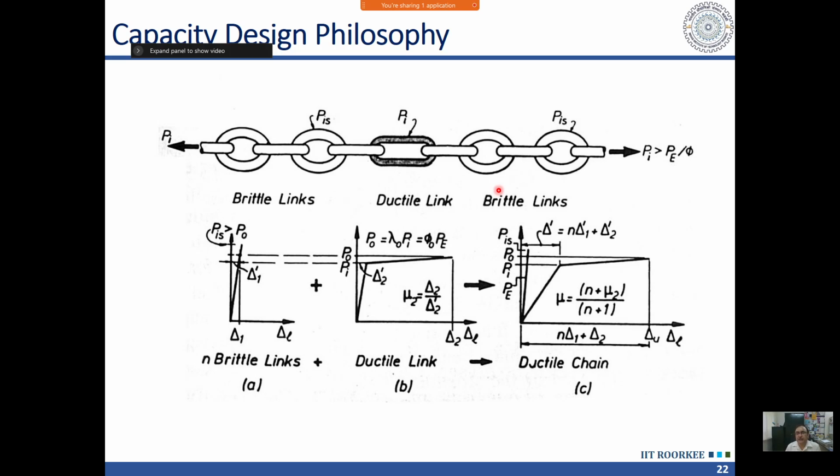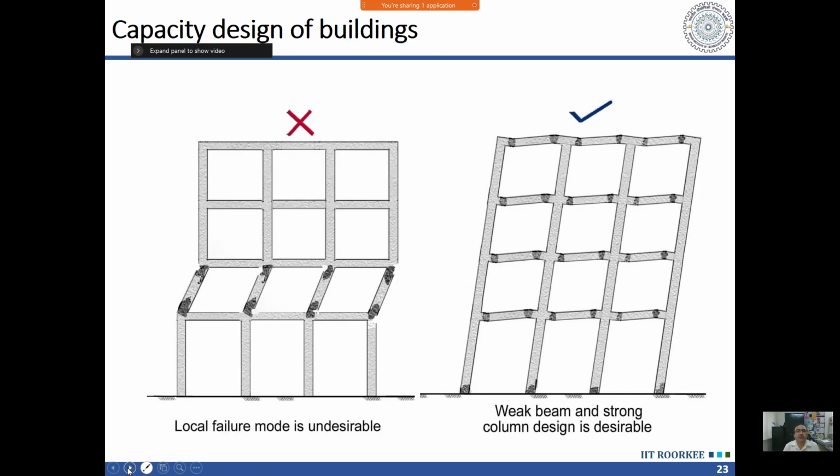or the ductile mode of failure. I need not make the brittle components stronger than the earthquake. That is not required. I need not make these stronger than force P, because the earthquake force is very large. We are making these components stronger than the corresponding ductile elements, which are transferring load to these elements. So if I can make those brittle elements or brittle links stronger than the ductile link, then the failure will occur in the ductile link, not in the brittle link, and my whole structure will behave in a ductile manner.